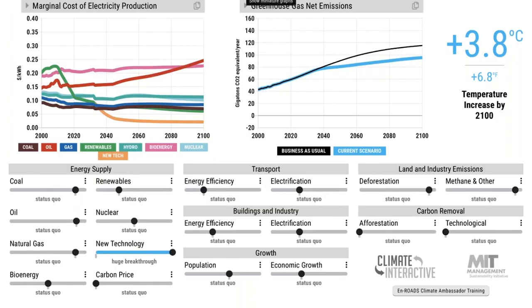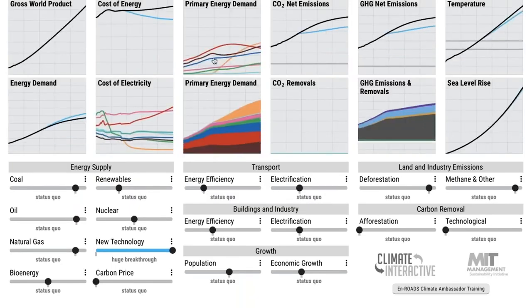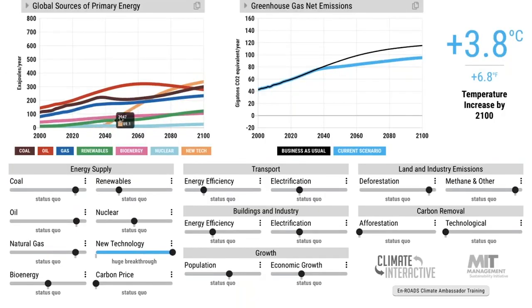So it's going to take some time. Notice how much time it takes that orange area to grow. Because of that, greenhouse gas net emissions don't really depart until 2030, 2035, and then they're somewhat lower, and we get an important reduction in temperature, but it's relatively modest. So first answer, it takes a long time for the infrastructure to turn over to this new low carbon infrastructure.